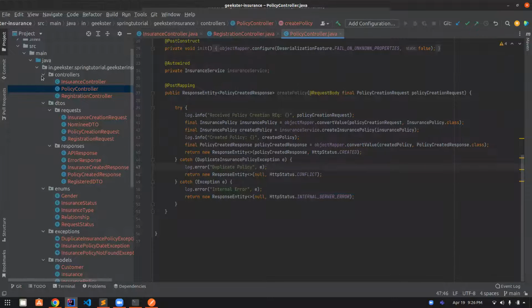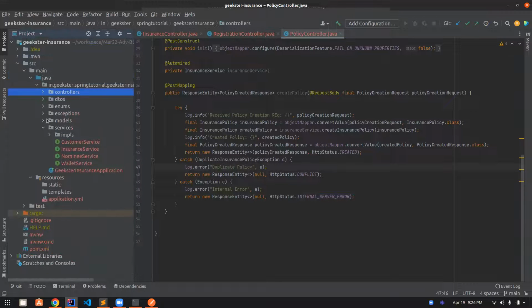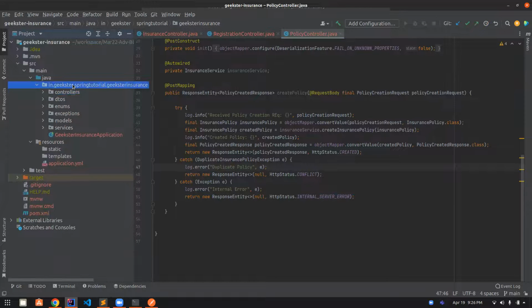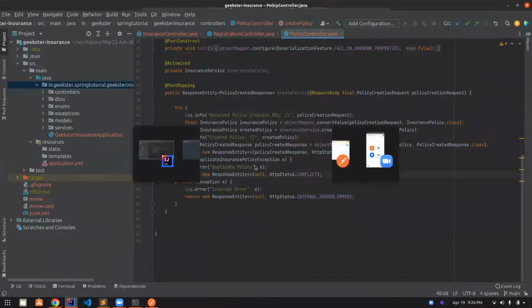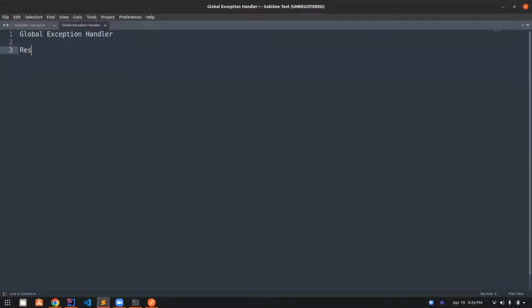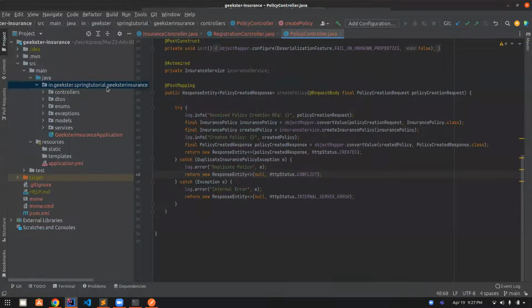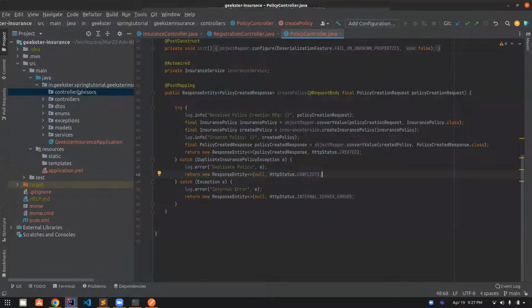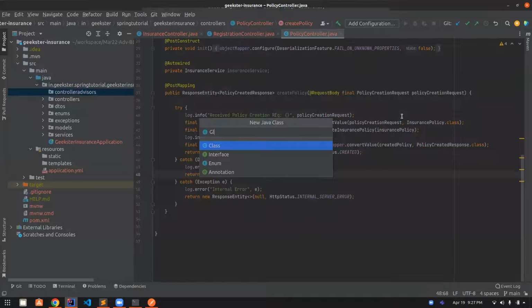So here what we'll do is we'll introduce a new concept called controller advisors. Spring has this component called REST controller advisor. It is basically nothing but a global exception handler. Okay, let's see how we do this. We'll create a package here called controller advisors. Here I'll create a class called global